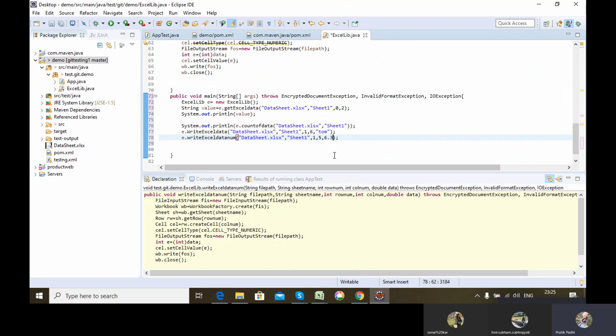Okay, so this is one method, and my last method is get Excel data num, which I have to use.